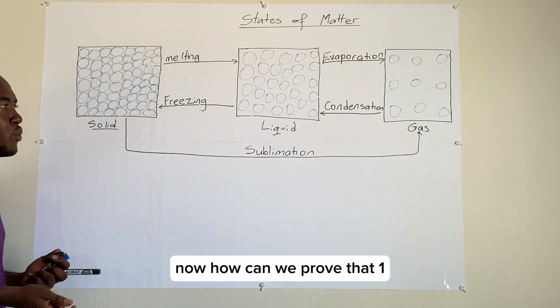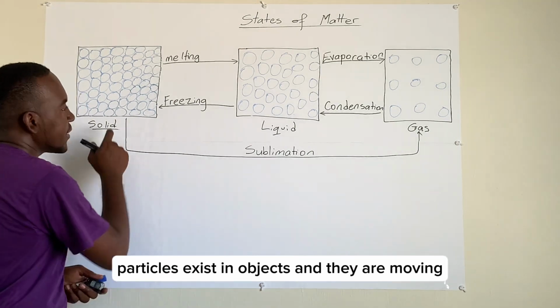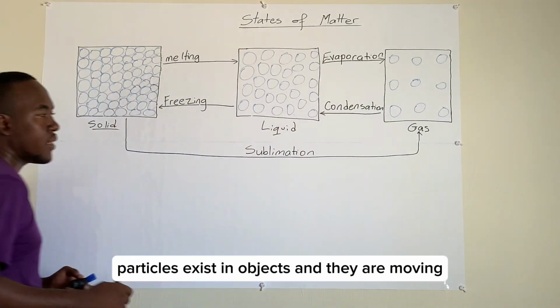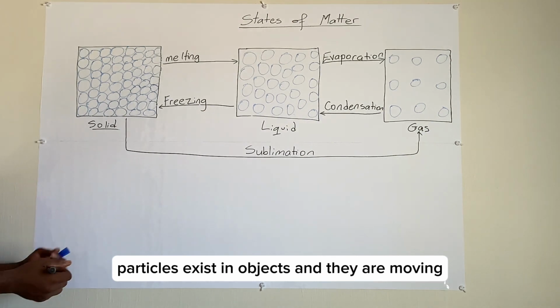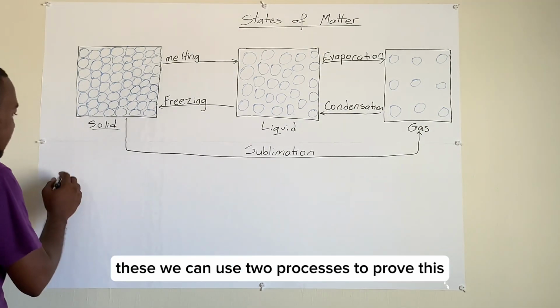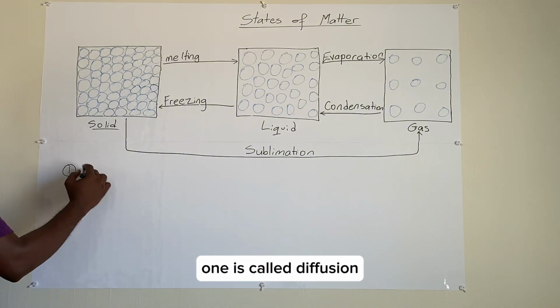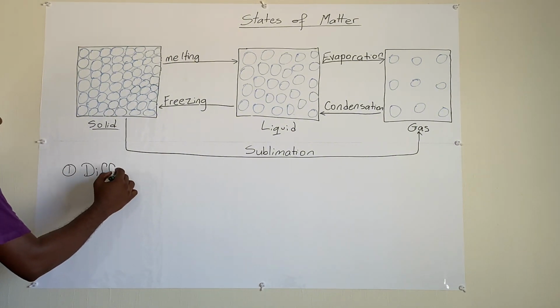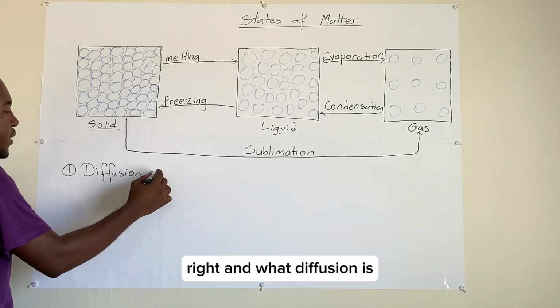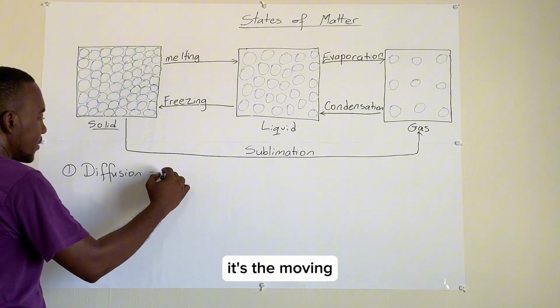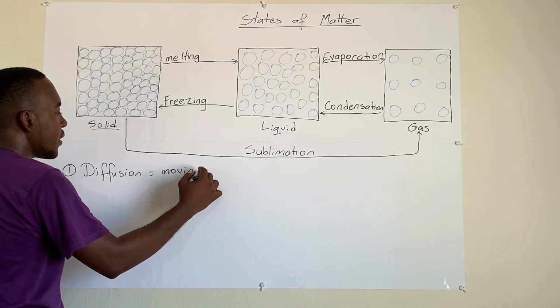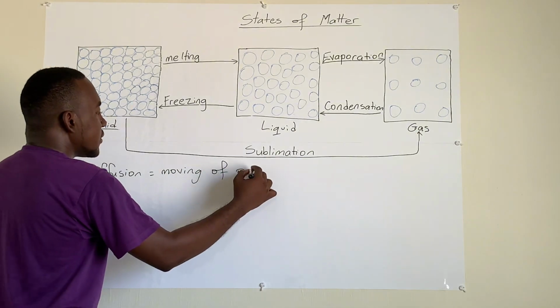Now, how can we prove that particles exist in objects, and they are moving? We can use two processes to prove this. One is called diffusion, right? And what diffusion is, it's the moving of particles